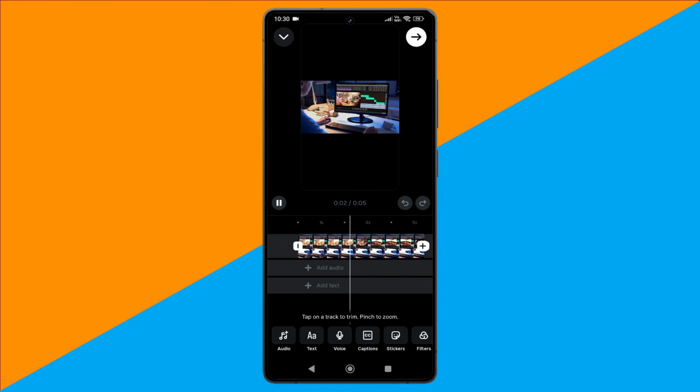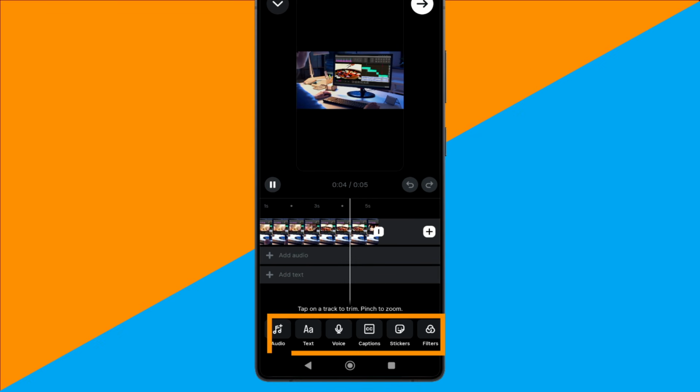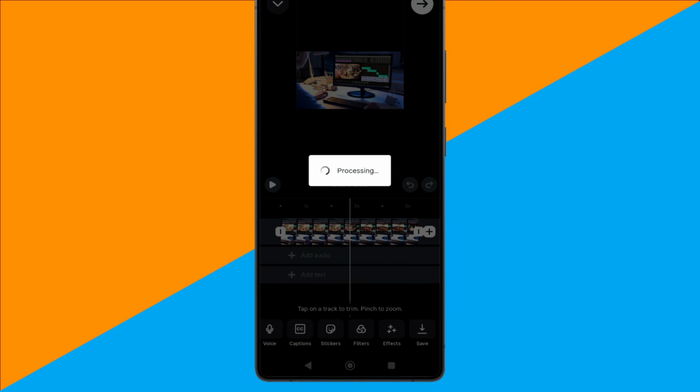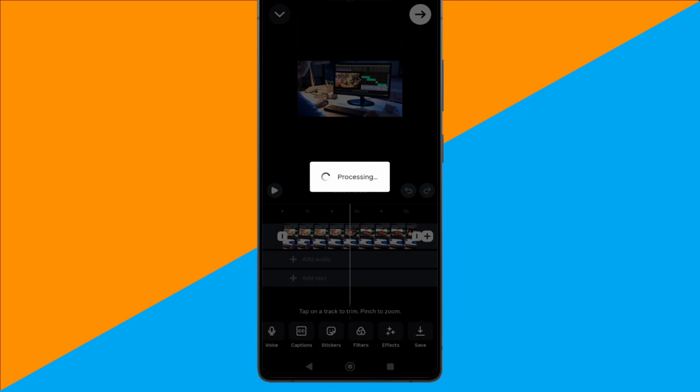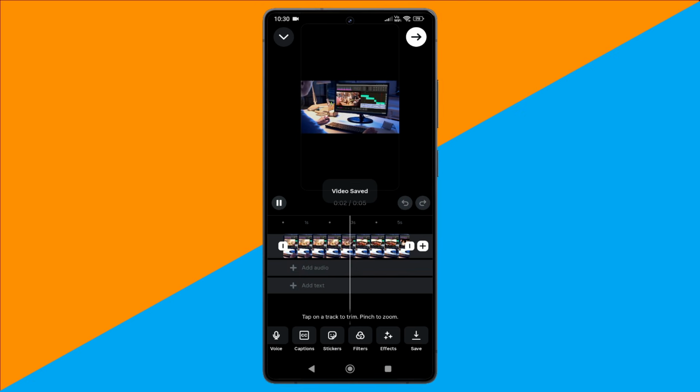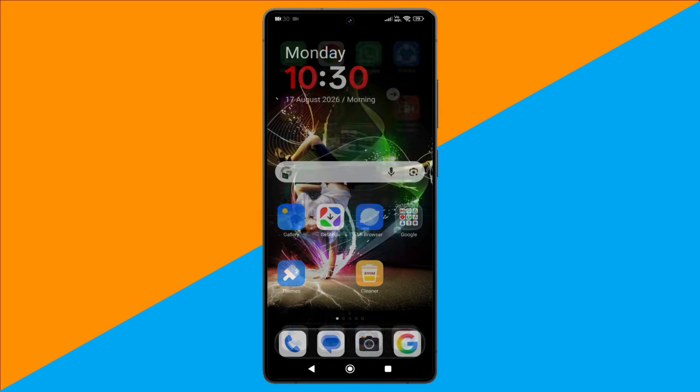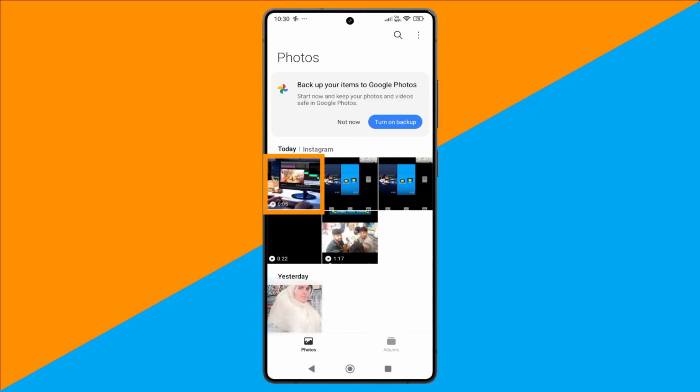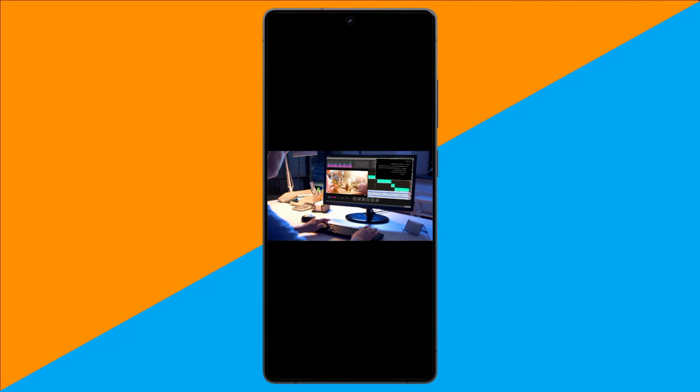You'll see the reel timeline. Look along the bottom options and tap Save. Instagram will process the video, and once it says saved, your reel has been saved to your phone. Now, go back to Homepage and open your gallery, and you should find the saved reel there. Keep in mind, some Instagram features, such as certain music or licensed audio, may not be included when saving the